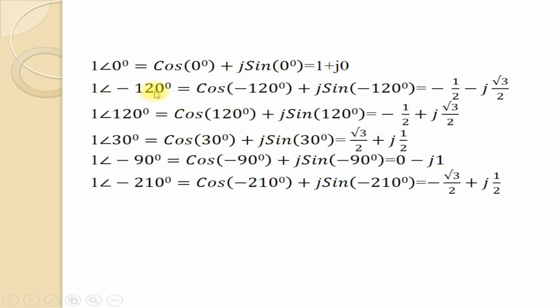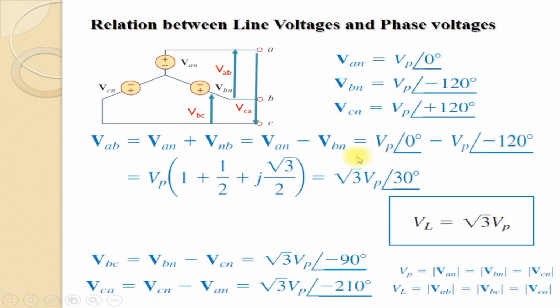1 angle minus 120 degree will be equal to cos minus 120 degree plus j sin minus 120 degree, which will be equal to minus 1 by 2 minus j root 3 by 2. So if you substitute these relations here, you can simplify this as VP into 3 by 2 plus j root 3 by 2. If you take root 3 as a common factor, it can be written as root 3 VP, and inside the bracket you get